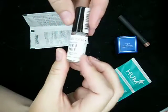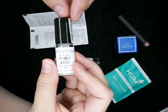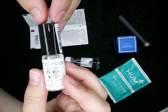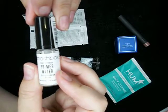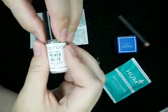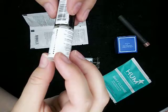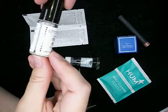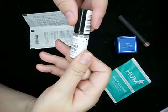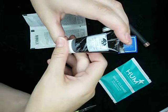Okay, so from Smashbox. I love Smashbox. So, you don't have to be a water sign to love this water face primer. The 3-in-1 formula is so light you can also use it as a setting spray or face mist. Nice! So it's technically not a primer though, it's a setting spray. Okay, but anywho,